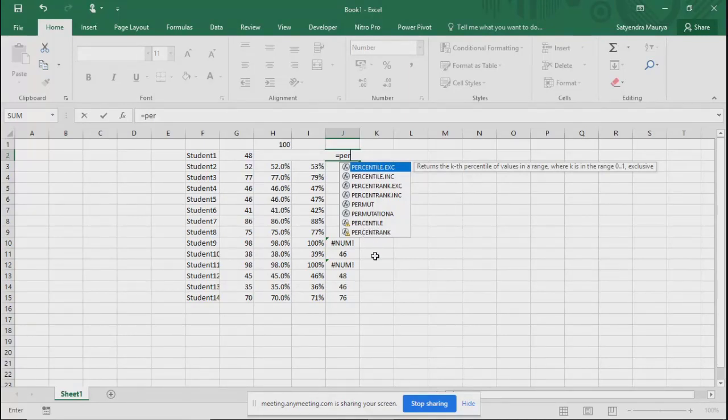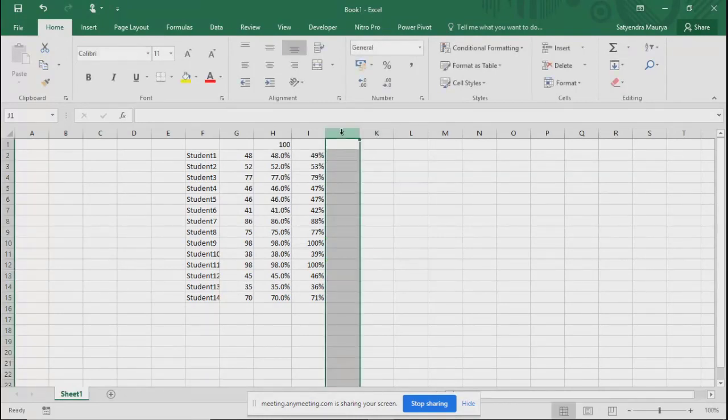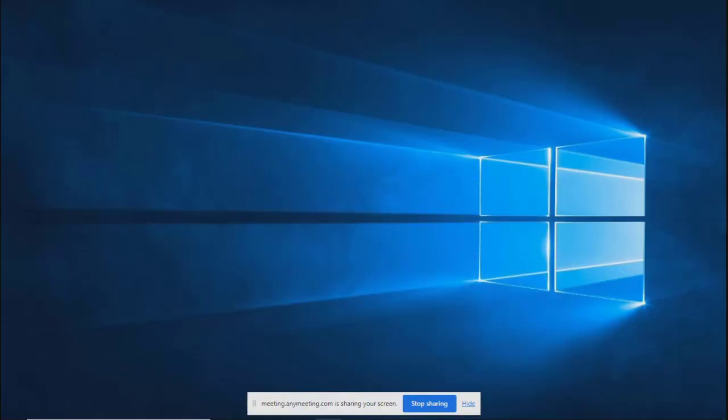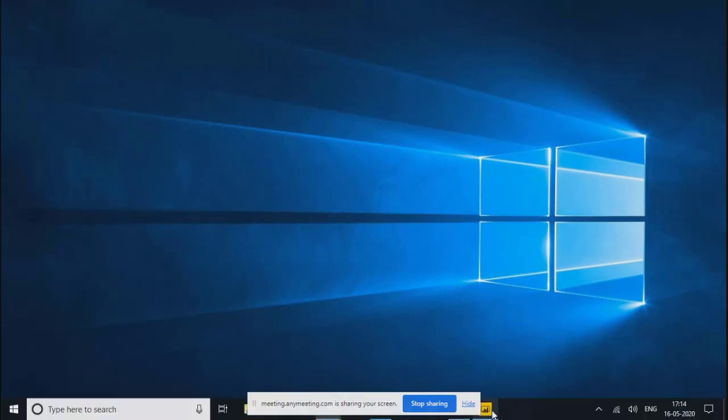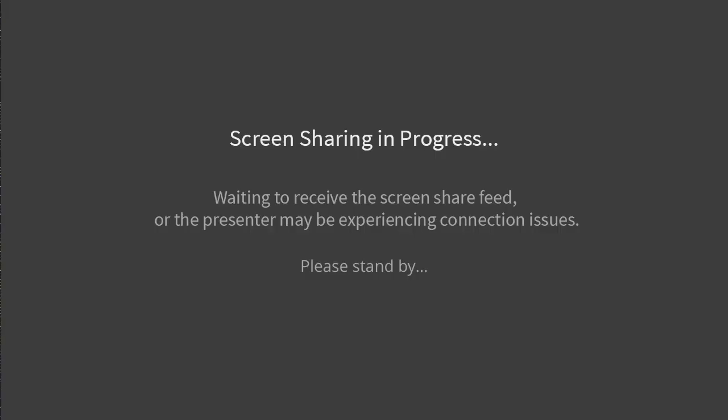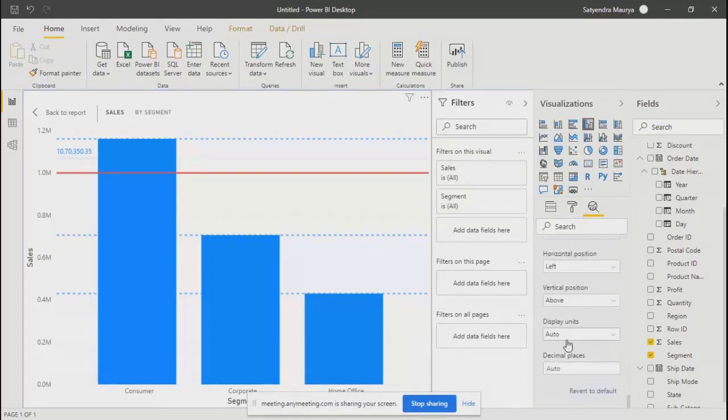So overall, in layman's terms, this is the kind of definition you get here in terms of percentile. The last row we were trying over here, percentile 90%, will show the row accordingly.